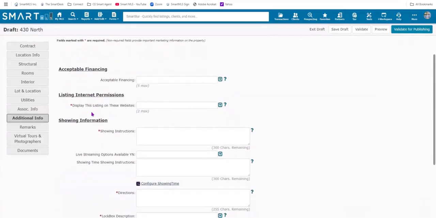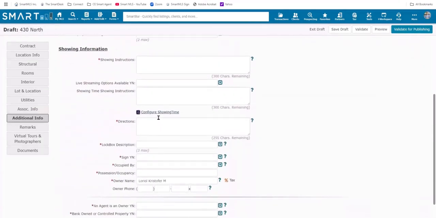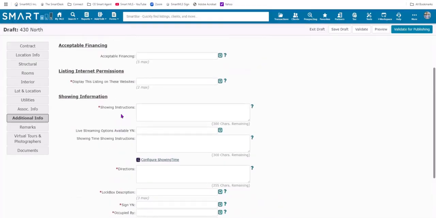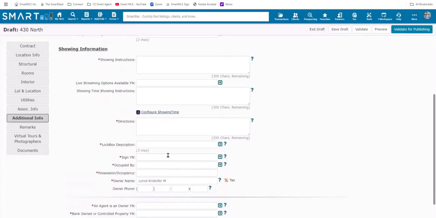And what I want to show you here is in about the middle, if you scroll down the middle, there is our showing time. So you click on that, that takes you right to showing time. It's just like the showing time you know and love and been using all these years. Nothing changed, but they just kind of put that link in the middle here. It makes sense. It's with the showing instructions, your lockbox, all your information. So it's right in the middle of the page. But a lot of people miss it. So we kind of want to show it here